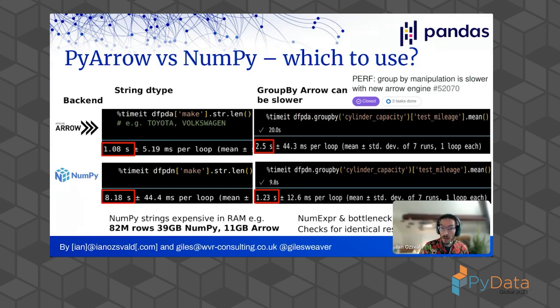But is it the case that always Arrow is going to be faster for us? Well, not necessarily. Sometimes the numeric benchmarks are faster, some are slower. There are some things that seem to be not yet fixed. There are some perf reports in the Pandas issue tracker, group by manipulation slow with the new engine. Some of these were fixed many months ago. However, there seemed to be a crop of them that just keep on popping up.